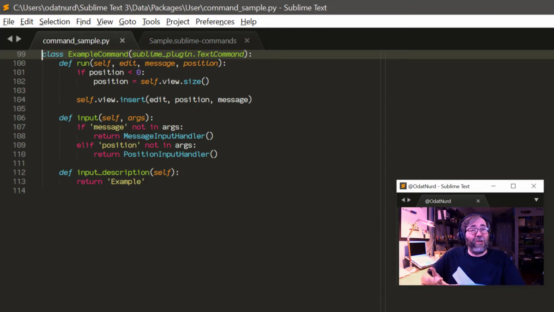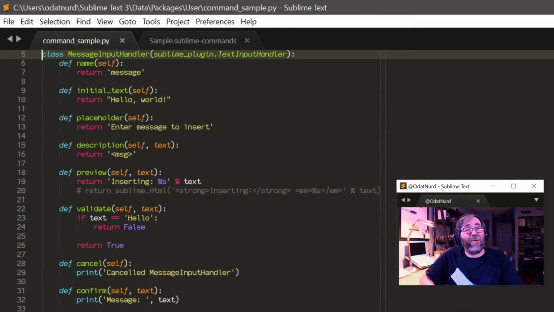We create input handlers the same way we create commands, by declaring a class that is a subclass of one of the known types of input handlers, or commands if you're creating a command. And then there are various methods inside of that class that Sublime knows about that it will call to interface with you. Now, in the case of a command, that's things like run to run the command, input to see if you can gather your arguments, input description, which is how your command appears in the command palette, which we're going to see in just one moment,